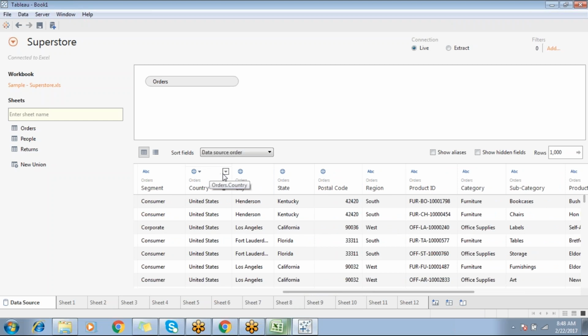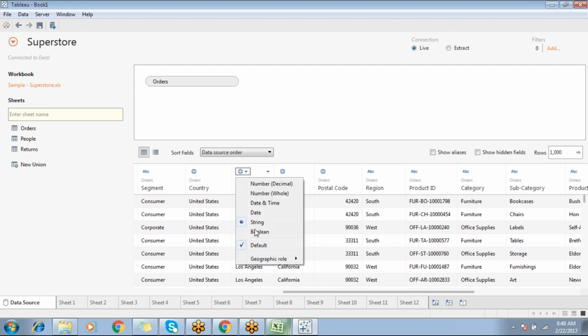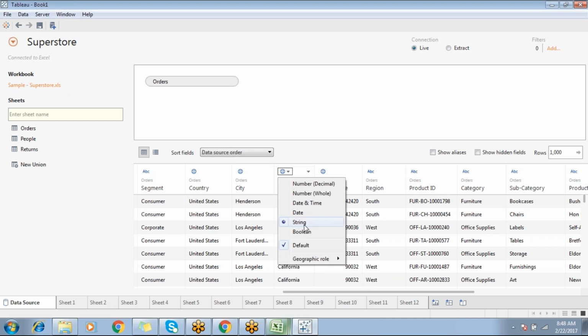It identifies those geographical information, geographical data, geographical role, and it assigns those country or city or state. You got it right? City or state. So it takes that information. It's a string, but you can see the geographical role, state. It identifies the geographical data type. And we have also seen that we can go with the